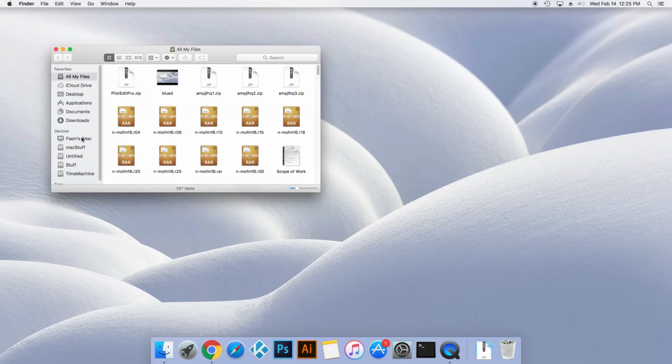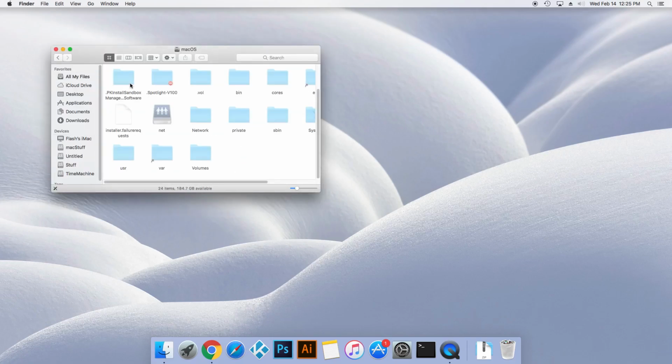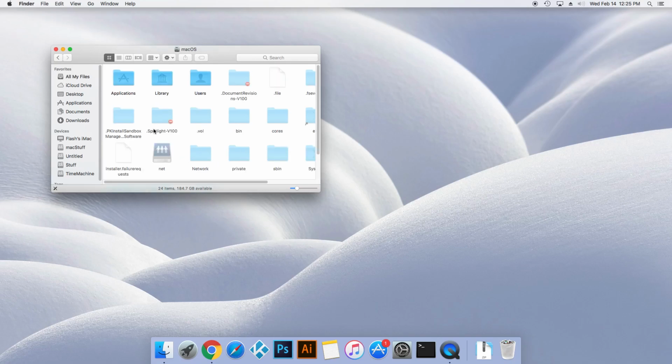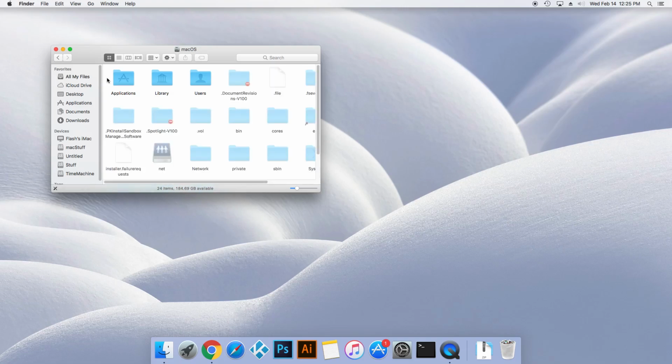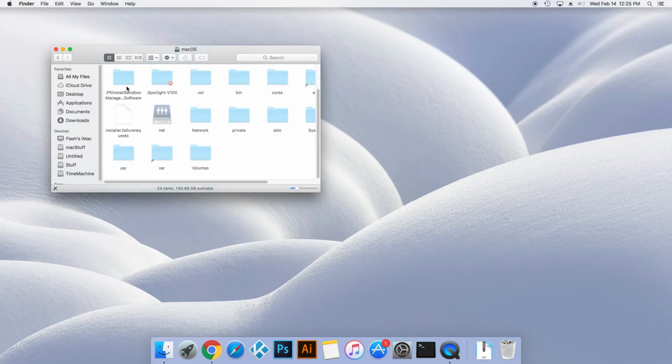to the blued.plist file by showing hidden files right here in the macOS, which is just what I named my hard drive that holds the operating system. And basically, you have to drill down to the var folder, and then once in there, you will see that